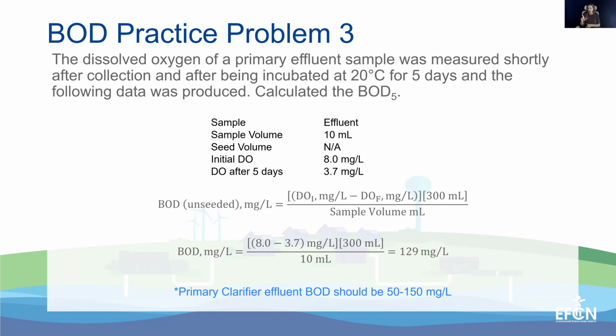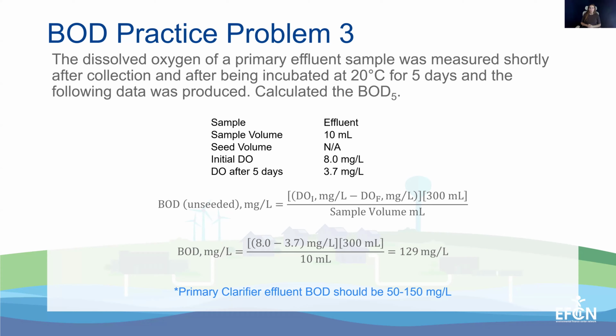Our answer of 129 milligrams per liter is a little on the higher side of that range, but it's within that range. So that tells us we probably have a good amount, especially if we compare it and we see that there's 400 milligrams per liter of BOD or something coming in, we can show that a large amount, like 2/3 of our BOD, is already removed in our clarifier before we even get to our BOD process. So that would show us that by using these samples, we can understand if our process is running correctly and efficiently.